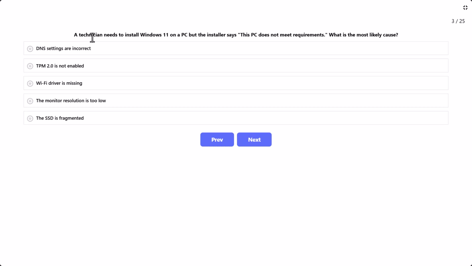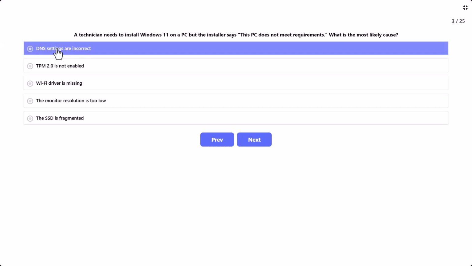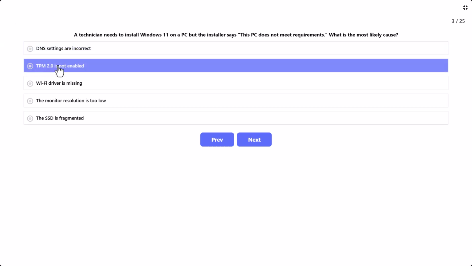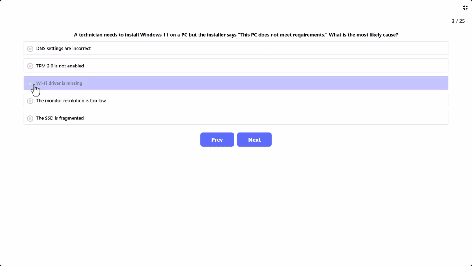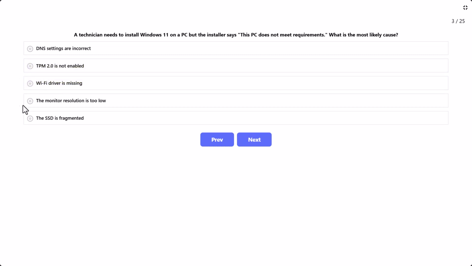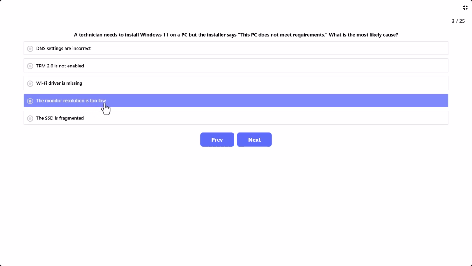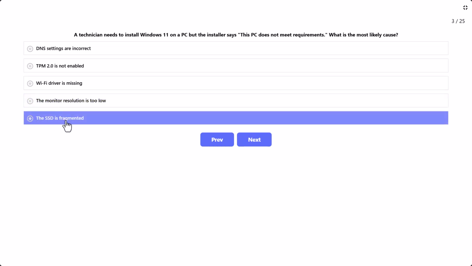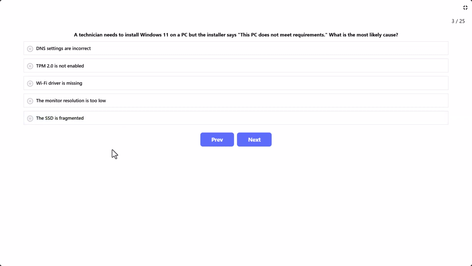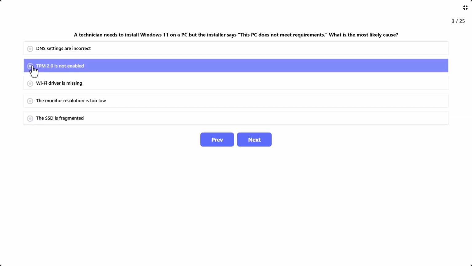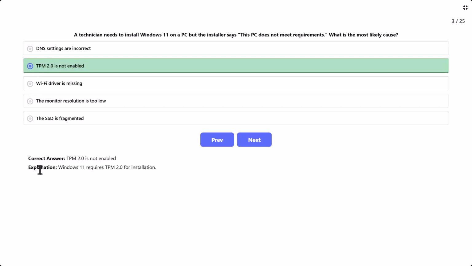And next question: a technician needs to install Windows 11 on a PC, but the installer says this PC does not meet requirements. What is the most likely cause? DNS settings are incorrect, TPM 2.0 is not enabled, Wi-Fi driver is missing, the monitor resolution is too low, or the SSD is fragmented. The correct answer here is TPM 2.0 is not enabled, as Windows 11 requires TPM